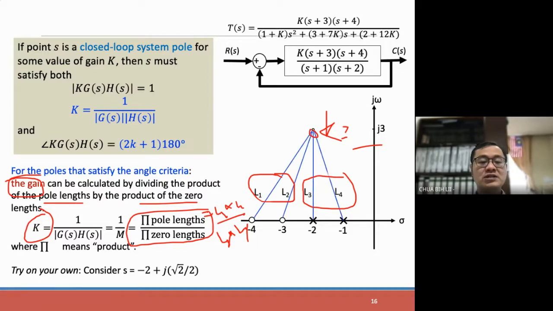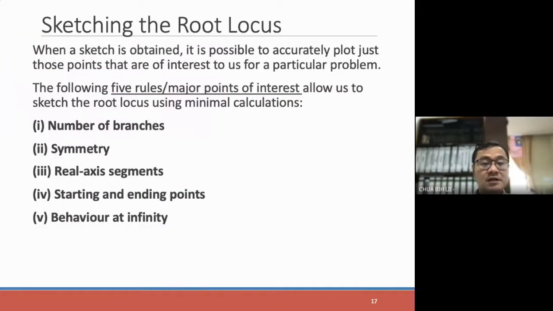So you can always try with this, so that you can see the difference, right? So that is the quick way to check. We have covered what a root locus is, how to interpret it, and how to test a random point, whether it is on the root locus or not, and if it is, how we can get the gain, the K value, instead of relying on